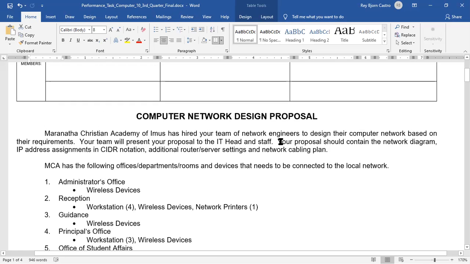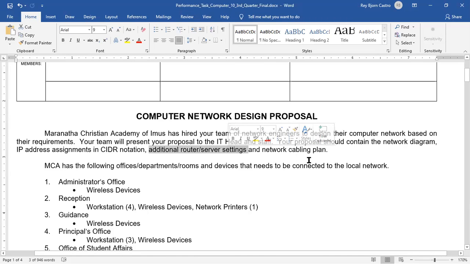Then your output should be a PowerPoint. So basically, easy lang. PowerPoint, because all you have to do is make a proposal. Your proposal should contain a network diagram containing the IP address assignments in CIDR notation. Then if there are additional router server settings and network cabling plan.